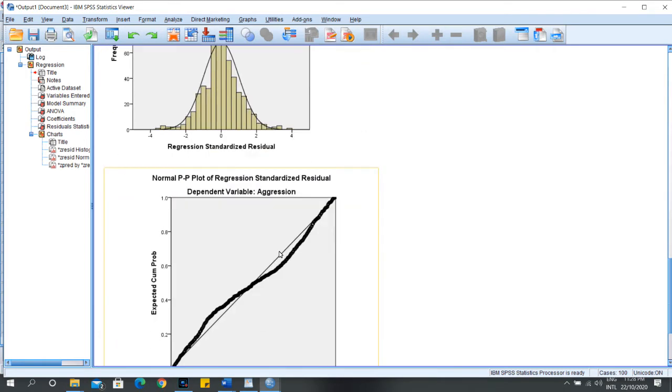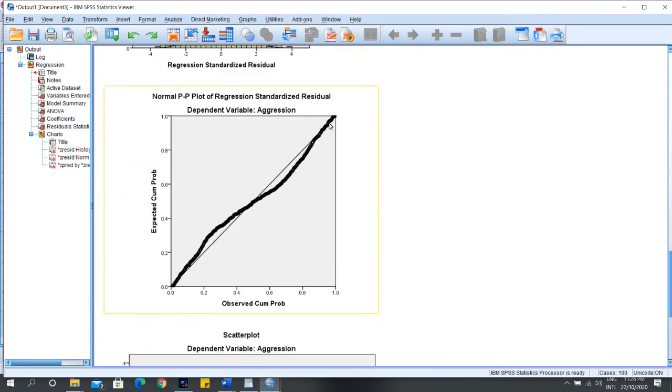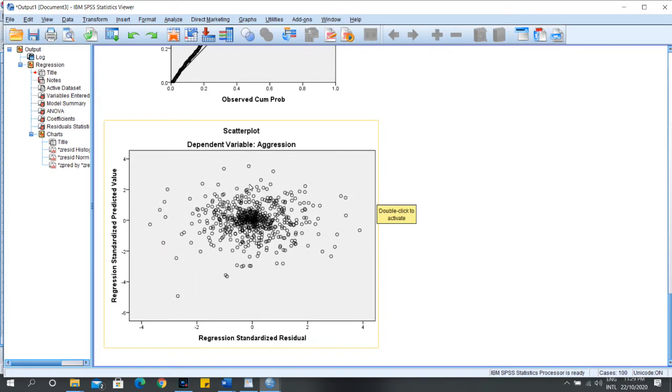So these are our histogram and our normality plot. You can see all the data falls at the center of the curve, that is near to this point. That means our data is normal. And then we see our scatter plot. It shows a random pattern, not a specific or particular pattern. So this is how we do our data analysis for task 1. Then I close this.